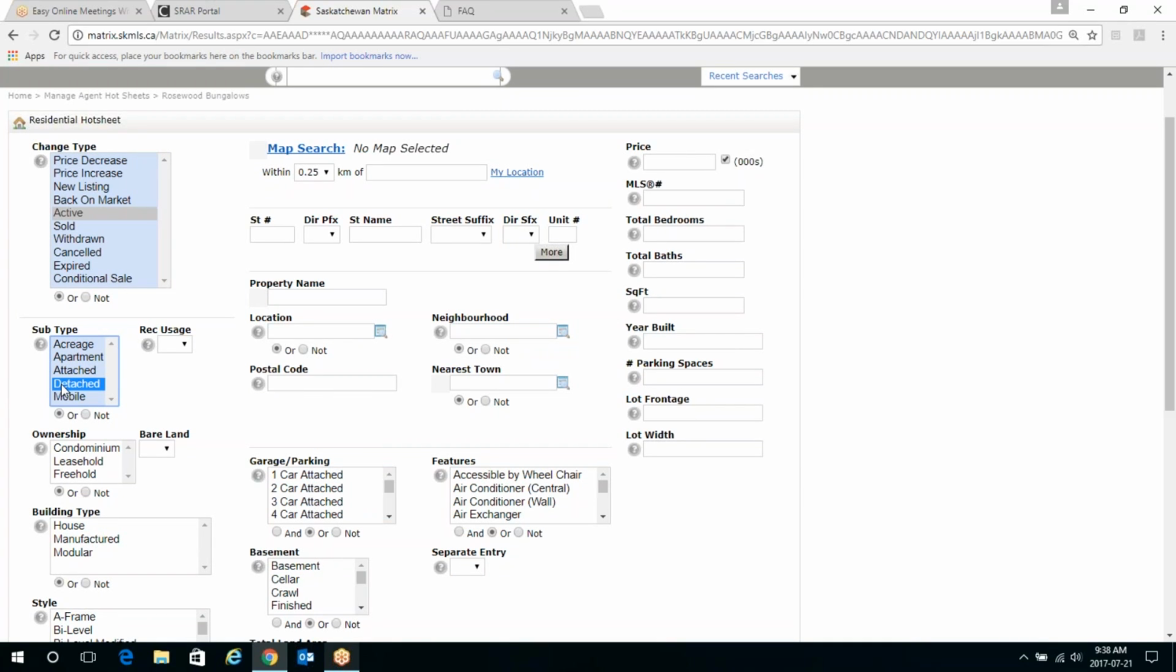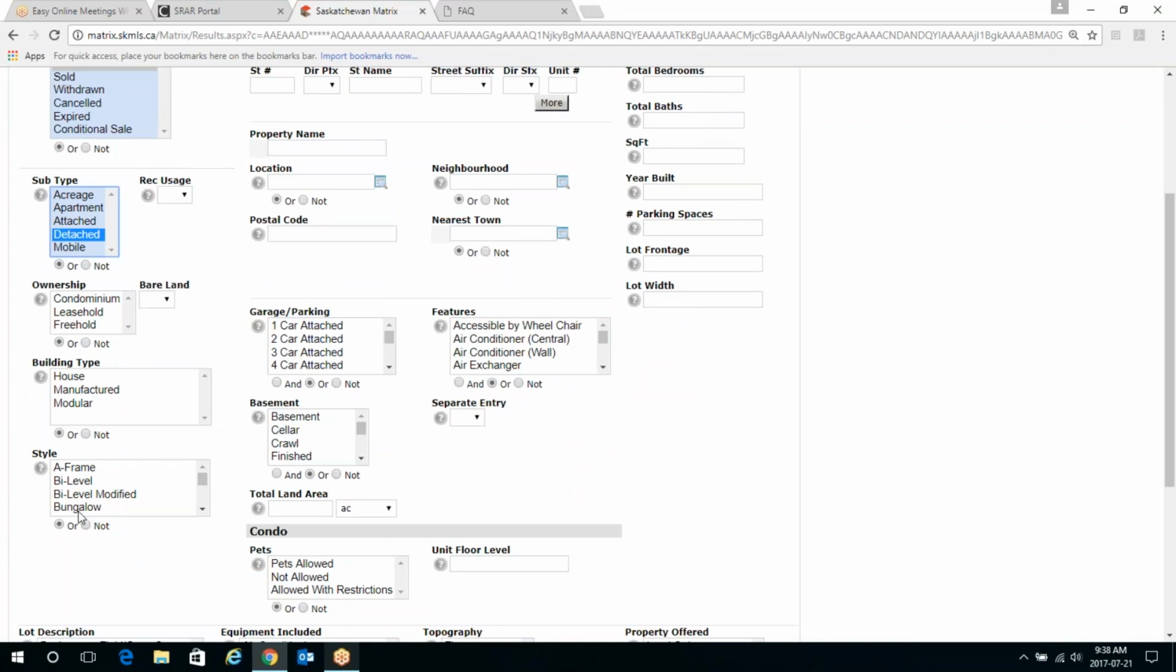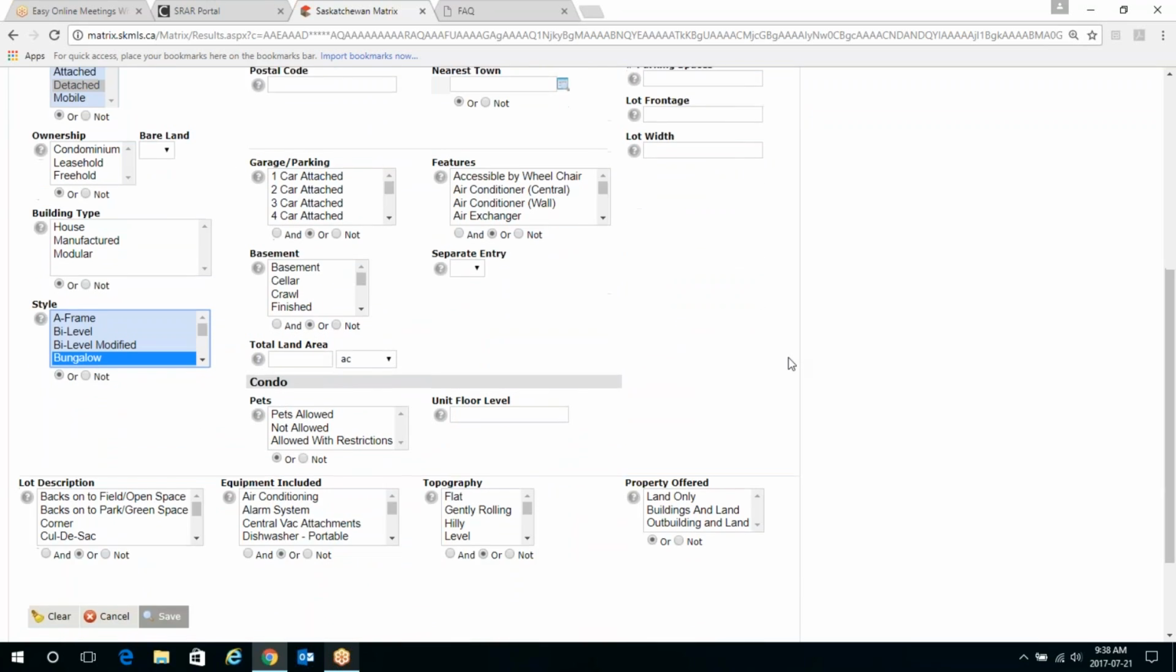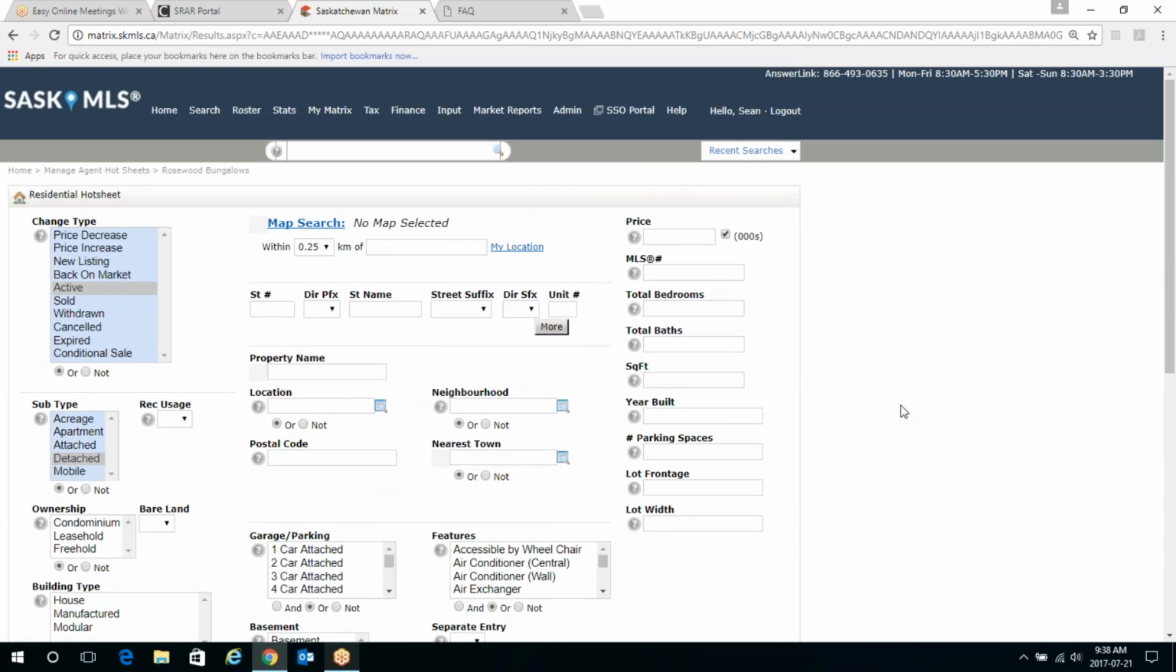That's the signifier for a separate house that's not attached to anything else, what we used to call a single-family home. So you'll want to make sure that that's clicked as well. And as we scroll down, I'm just going to pick bungalow. Now, if I look all the way to the bottom here, we've got a lot of different fields that we can use to build our search, but there's no point in going any further unless we tell Matrix where we